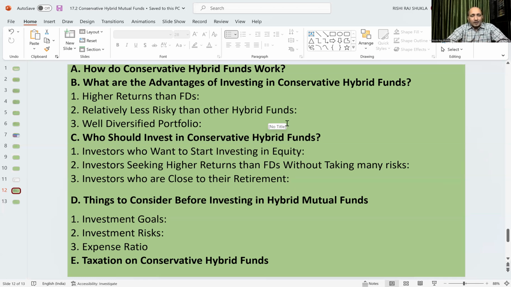Then another part is taxation on conservative hybrid fund. Taxation depends upon two components, whether it is long term or short term. As we know, for equities, for short term, it is 15% tax. For long term, 10% tax. In equities, less than 1 year is considered short term, more than 1 year is long term, and 10% is charged. For debt funds,